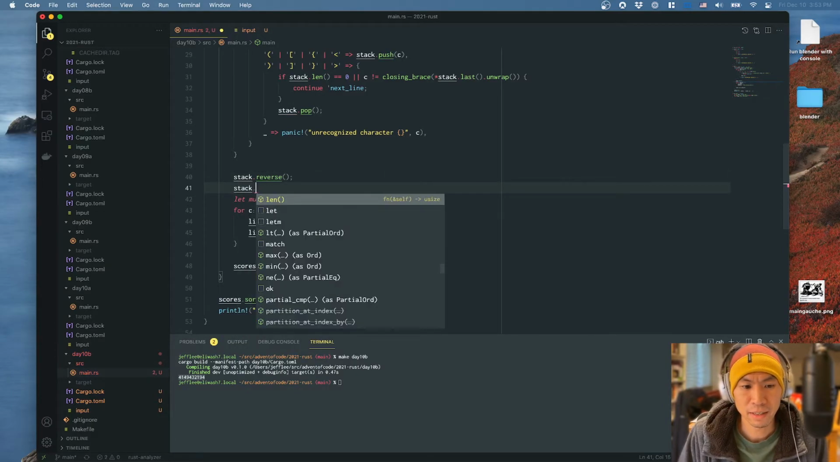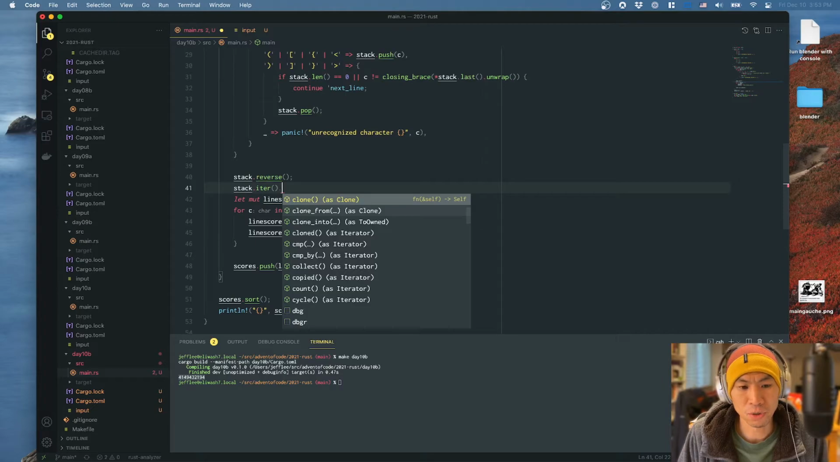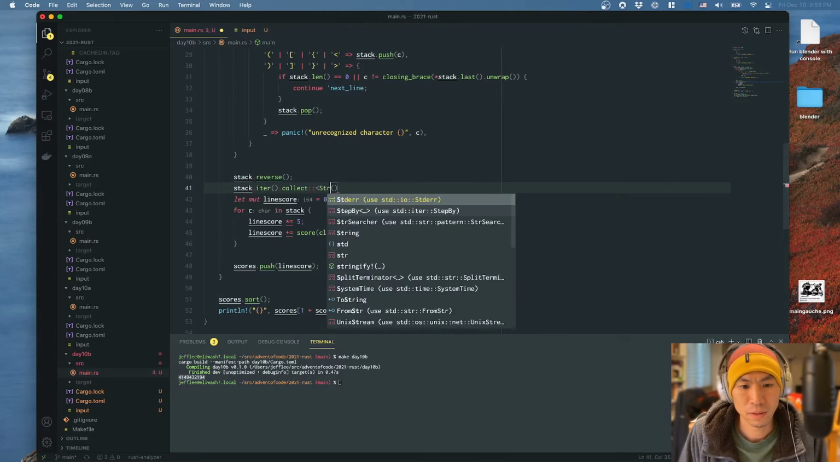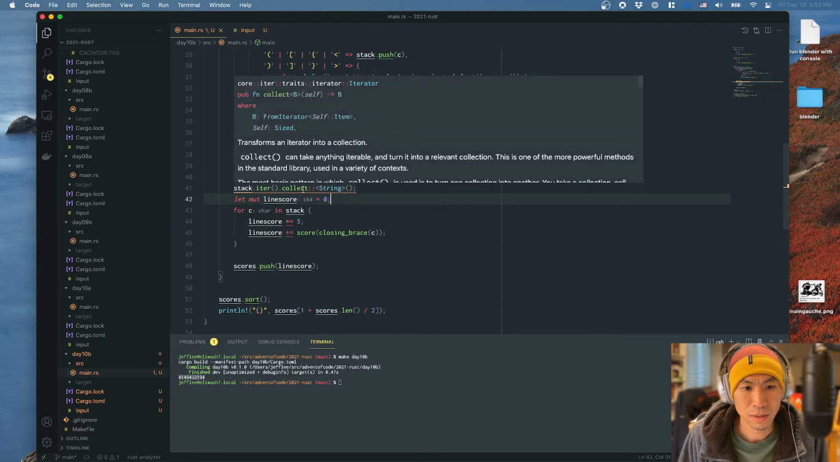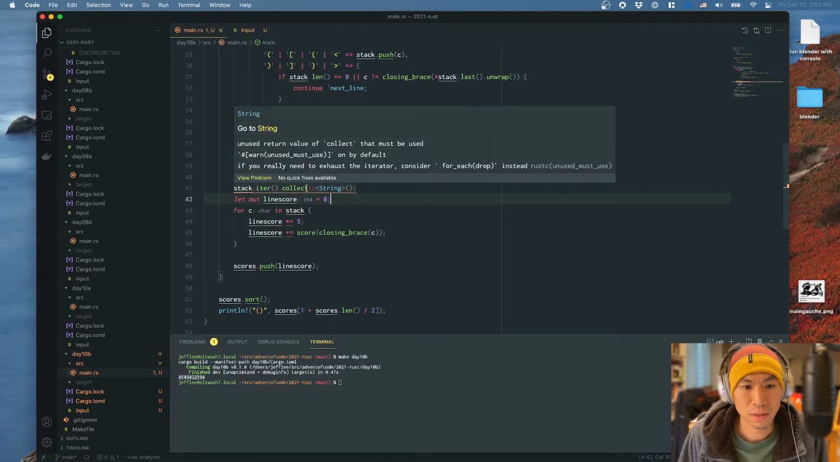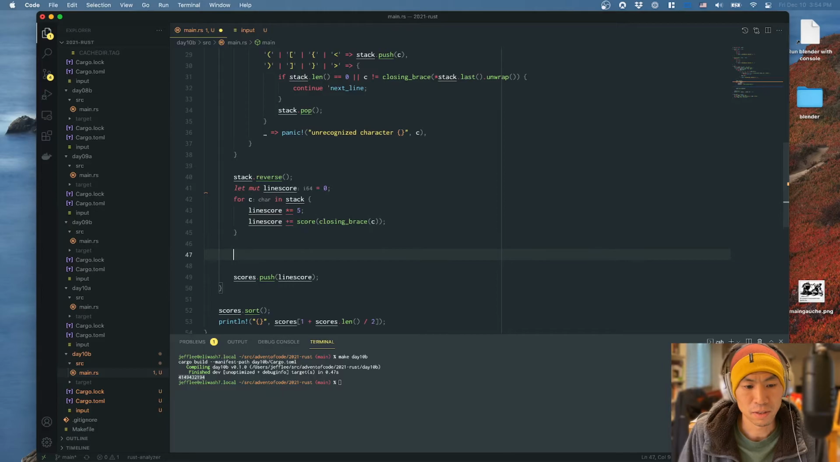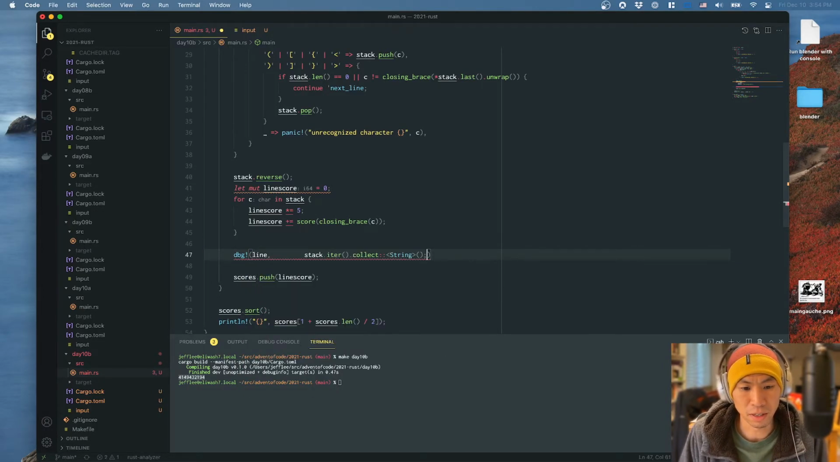It'd be stack.iterator. And we want to basically join these. We want to collect these into a string. Unused return value. Okay, so it knows how to do it. So what we want to do is just print it, right? So let's debug print the line that we're currently on, and then